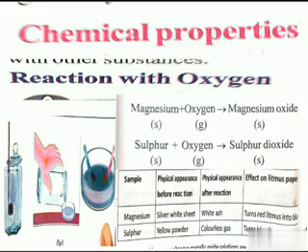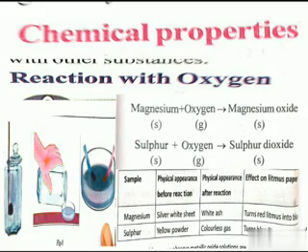Sulfur dioxide is acidic in nature. If we place red litmus paper in that, no change we can observe. You can also infer that non-metals react with oxygen to give oxides which are acidic. So from this activity we can say like this: non-metals react with oxygen and form their oxides, and that